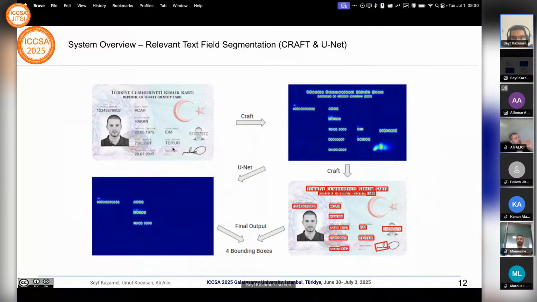So with CRAFT we get the text region maps, which is this blue green map, and we get the bounding boxes. We feed this text map to UNet, and then UNet segments